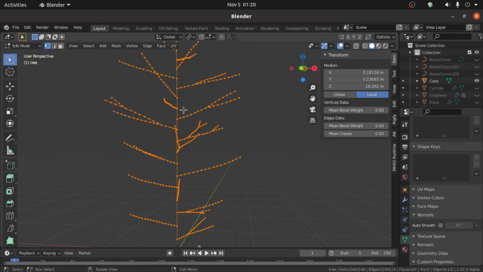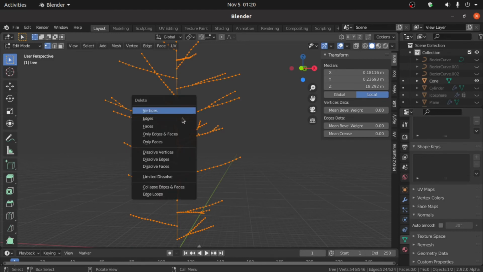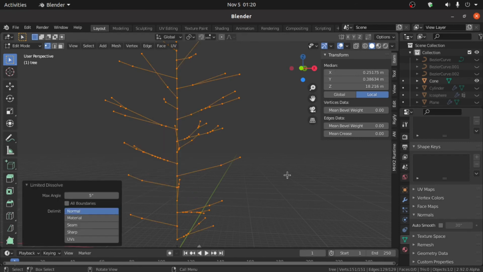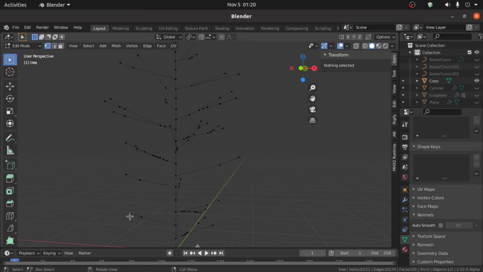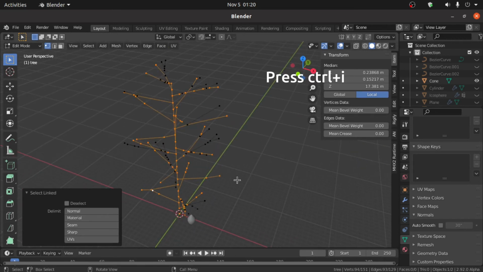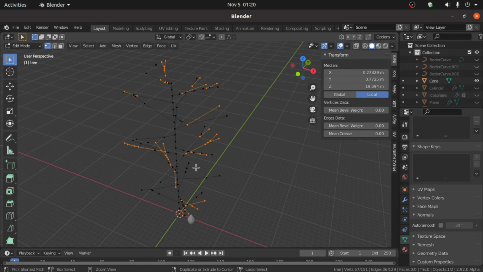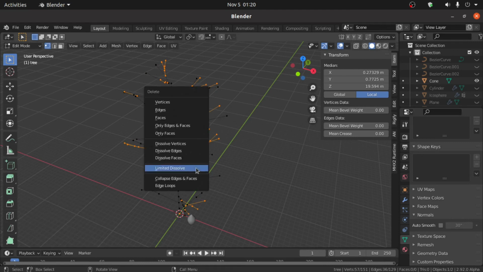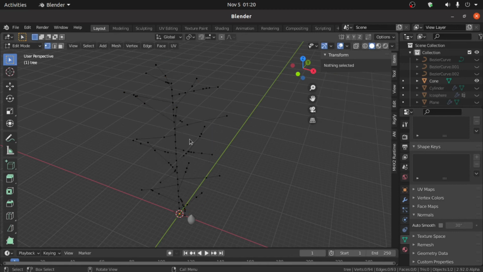So press the delete key and select limit dissolve. Now what we have to do, select this vertex, then press L to select this linked part, then press Ctrl I for inverse selection, then press the delete key and select vertex.